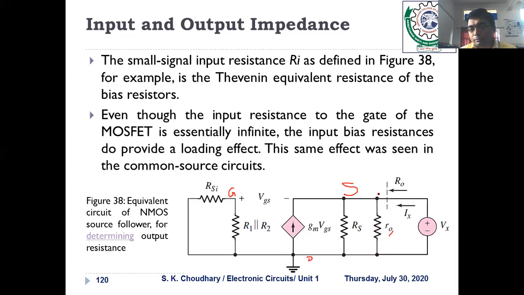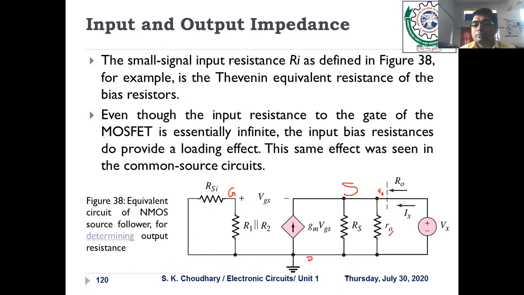Now here basically we calculate the output voltage, but for finding the output resistance, what changes do we have to make? First of all the independent AC voltage source is made 0. Here there is only one AC voltage source, that is VI, so it is considered as a short circuit for finding the network for determining the output resistance. Whenever we determine the output resistance, always keep the input voltage source 0, and when it is 0 it means it is a short circuit.